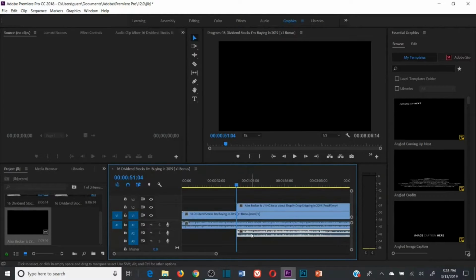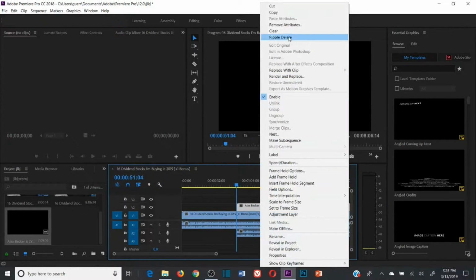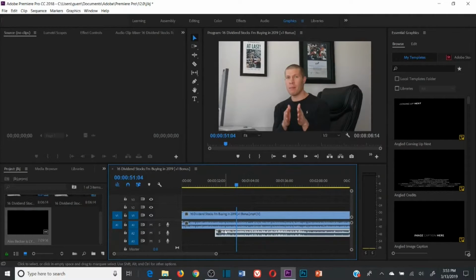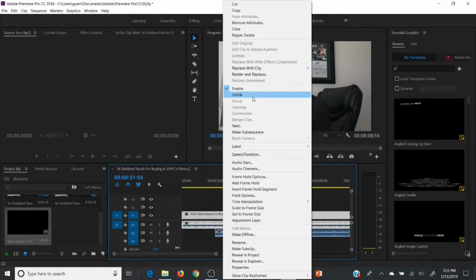So that's how you basically unlink a track. That's how you basically unlink a video file. If for whatever reason we wanted to keep the audio, then like I said, we would just delete the video portion. It's really that simple, so just right click and